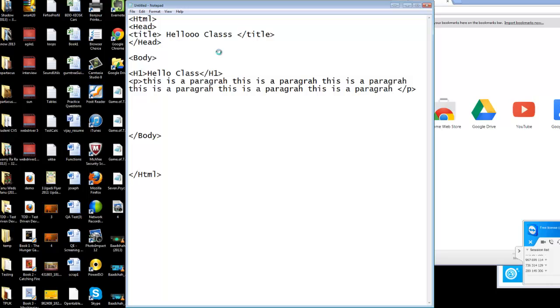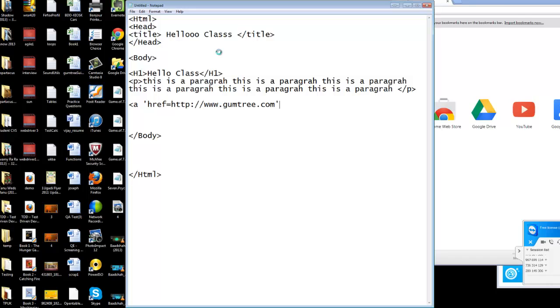After that I may have header 2, or I'll have a link. So how to have a link? A href is equal to http colon slash, in quotes. A href is equal to http www.gumtree.com.